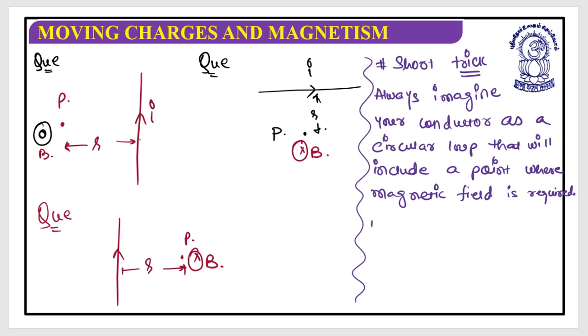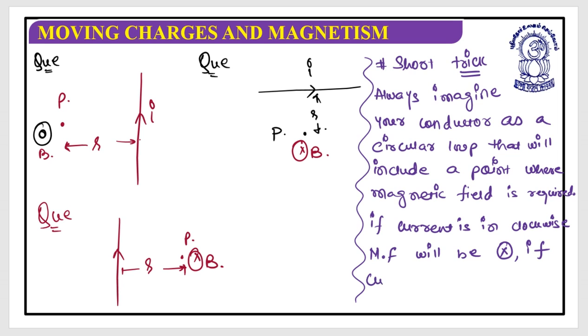Now, if current is clockwise, magnetic field will be inside the plane,